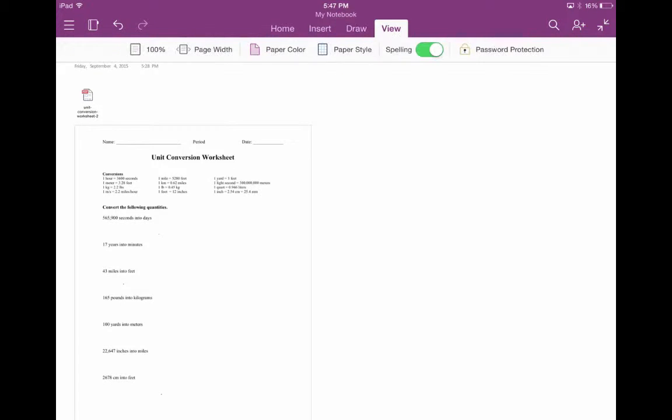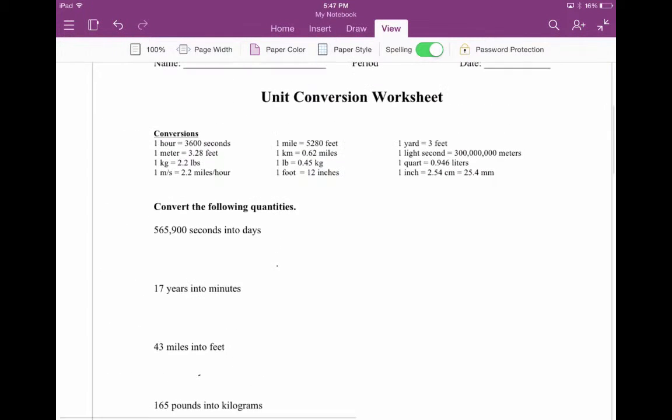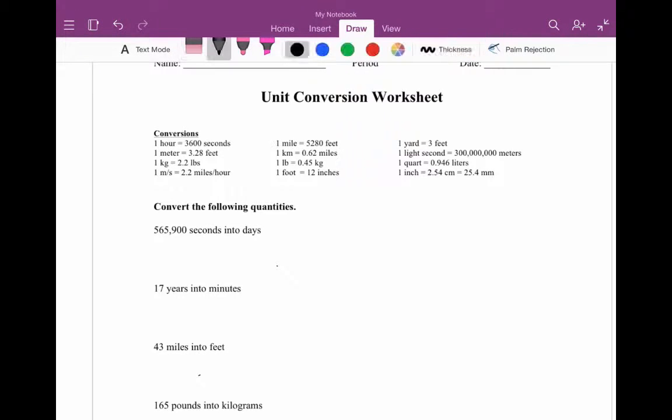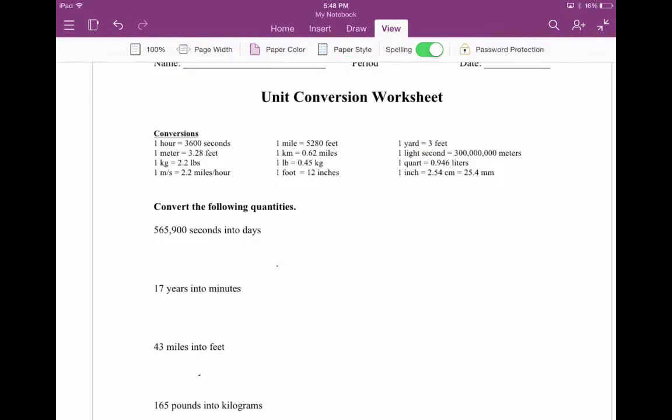Alrighty, we're going to go over these conversions that we did in class today. You guys have this worksheet. It's uploaded on Google Classroom. We're going to do probably every other problem on here today. So our first problem says convert